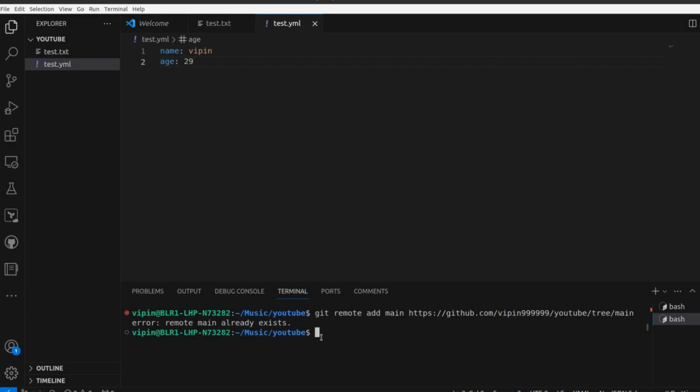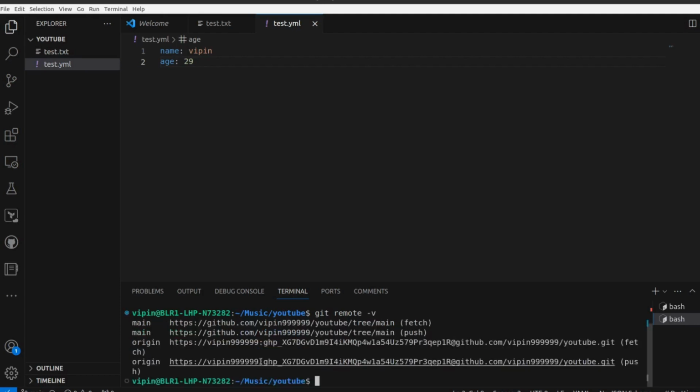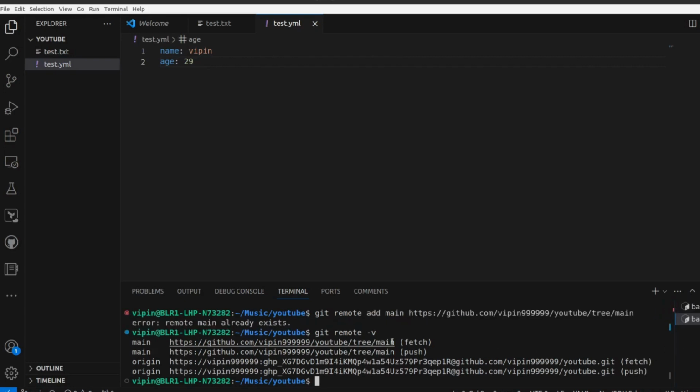So what we have to do now is run git remote -v. As you can see here, the main branch. For fetch we have to use this, and for push we have to use this.